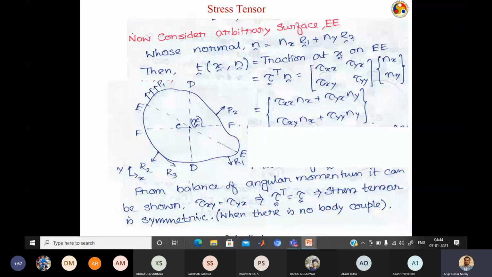Now, what this tells us essentially is that the stress tensor is symmetric, that is, tau transpose equals tau. So from balance of angular momentum we can say that. Then this relation T equal to tau transpose n we can write as T equal to tau n. It does not matter because